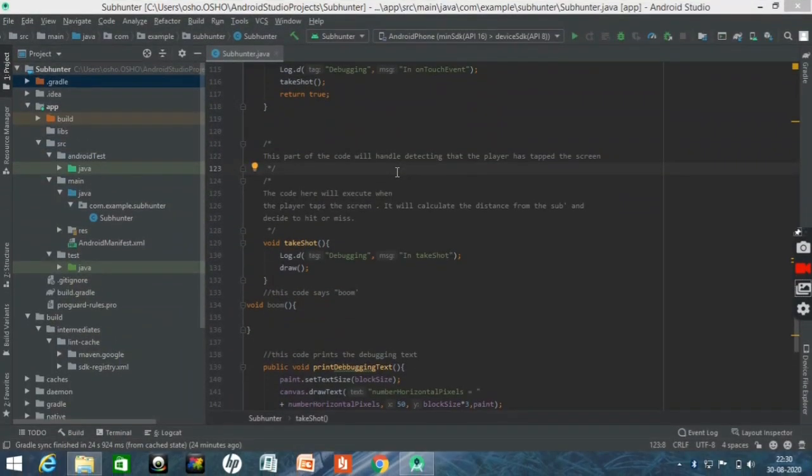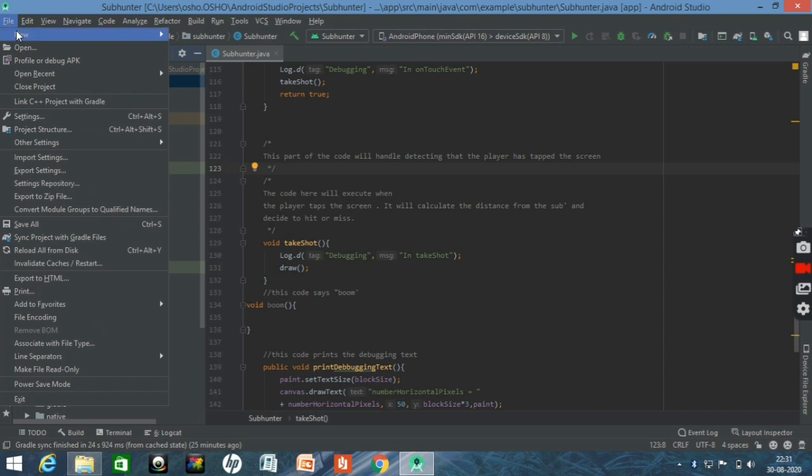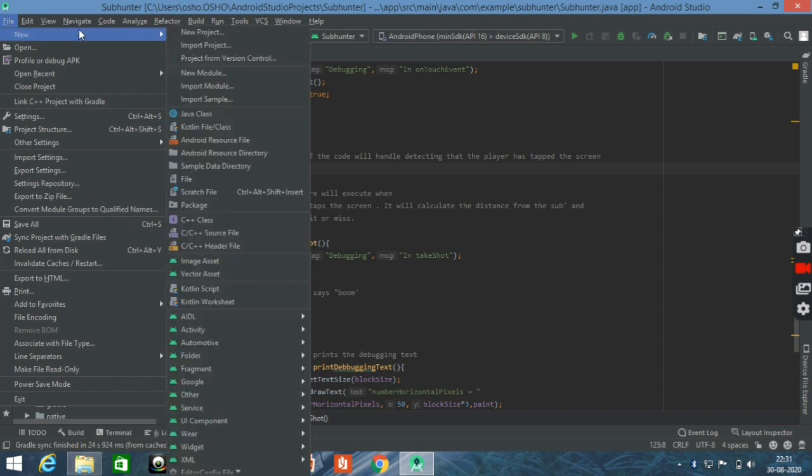In this tutorial, I will show you how to create your own game and get well versed with Android Studio. To create your own game, first we need to make your own project. To create a new project in Android Studio, go to File and from there select New. Or if you have opened it newly, then you can directly create from the new project. Since I have already installed and created one project, I am creating it from here.